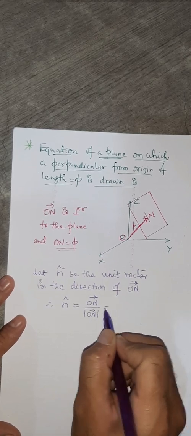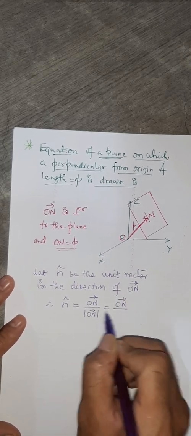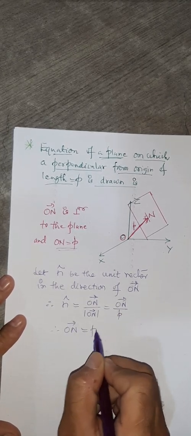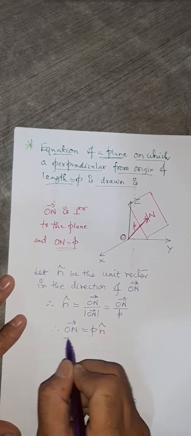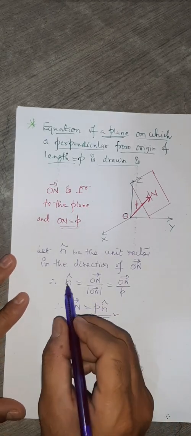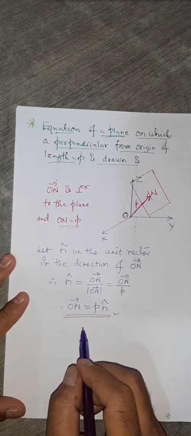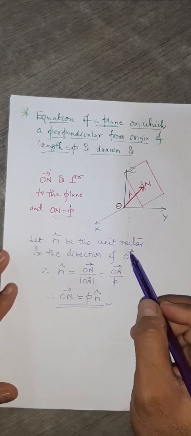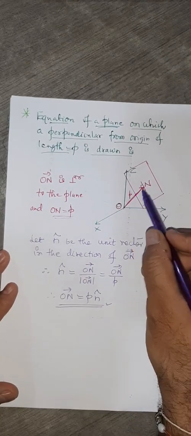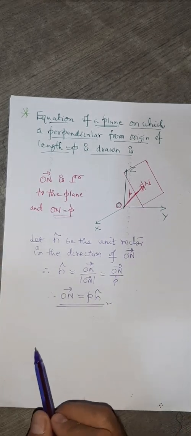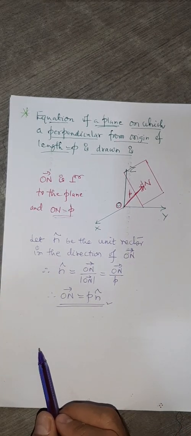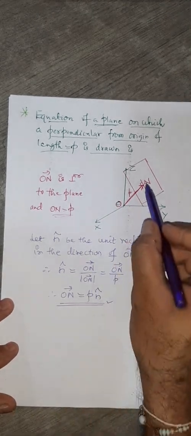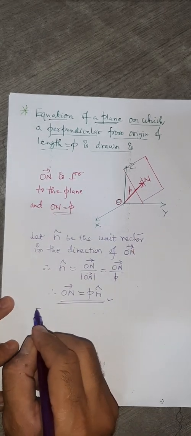But what is the length of this? The length of this one, you know, is small p. So therefore you can say that the vector ON is nothing but p n cap. N cap is a unit vector, remember. Now we want to write the equation of the plane. So how do we write that? You know, you have a normal here. The n cap itself represents a normal. So you have a normal as well as one fixed point. Which fixed point? That is this vector ON. So here the equation of the plane